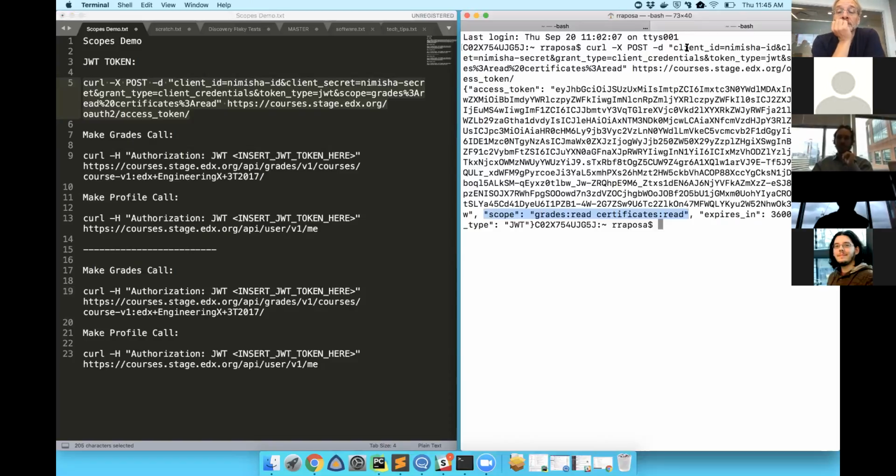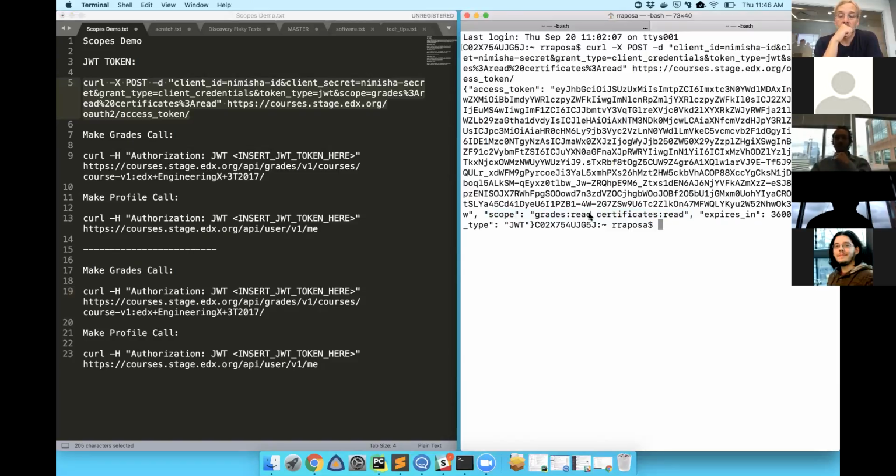You can see in the request that I made there was a client ID and a client secret. So there would be a way for someone from outside of Edx to set up a client ID with us and have access for certain scopes to be able to make future requests to some of our endpoints.